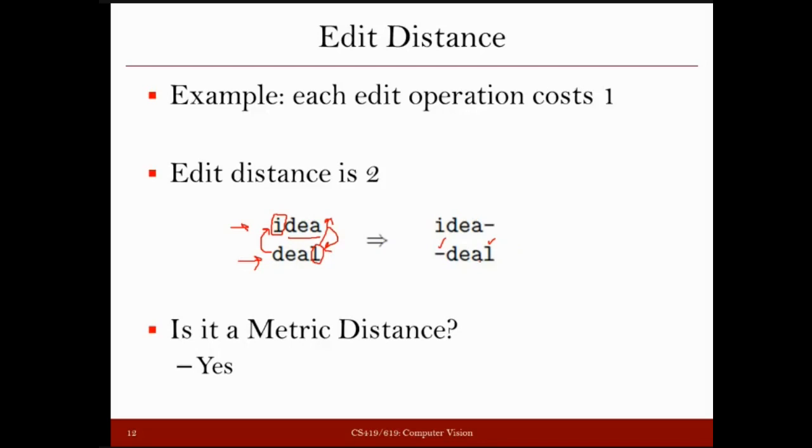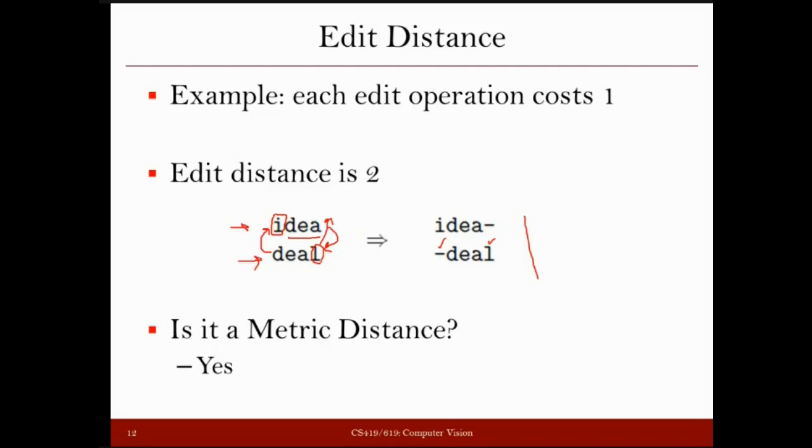And suppose we go through those 4 properties, we can easily observe that they are actually true here. I mean those properties which make any distance measure a metric distance. Symmetric property you can very easily see here. Whether you are going from deal to idea or coming from idea to deal, they have the same distance. So it's a symmetric distance measure, and similarly we can also prove that it satisfies the triangular inequality.